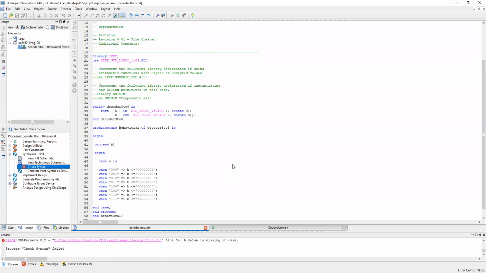Then also one error at line 54. We will mention when others case also.